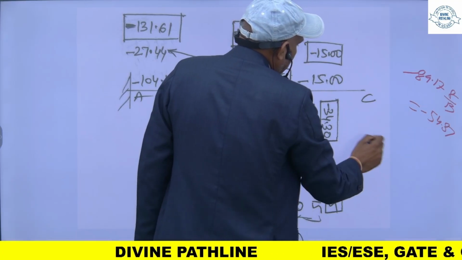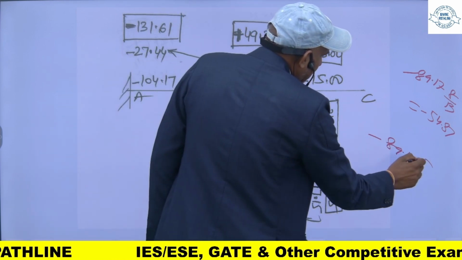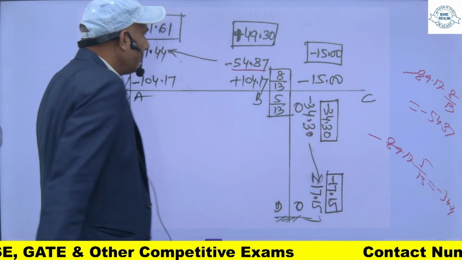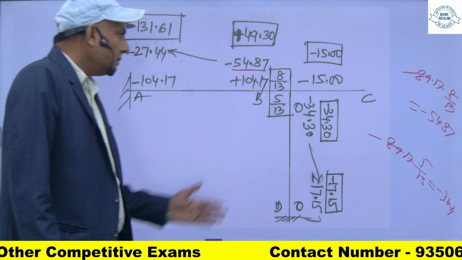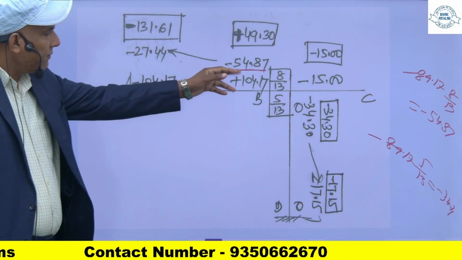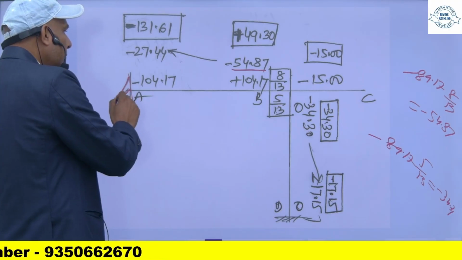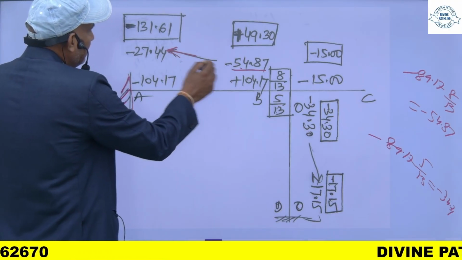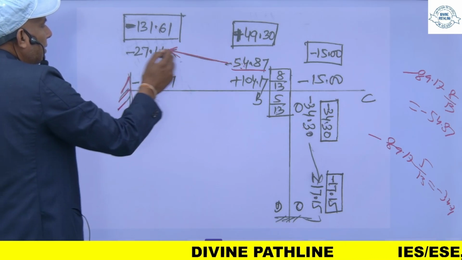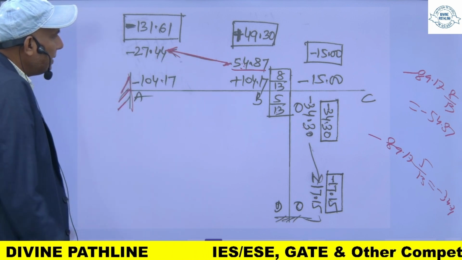और जब आप इसको 5/13 से मल्टीप्लाइड करेंगे तो यू विल गेट -34.30, और ये मेरा -15 रहेगा यहाँ पर। जब आपने इस मेंबर में -54.17 अप्लाई किया, क्योंकि ये एंड फिक्स्ड है, तो इसका हाफ जो है यहाँ पर कैरी ओवर हो जाएगा, कैरियर फैक्टर इसका हाफ, एंड दिस विल बी ऑफ द सेम साइन, सेम डायरेक्शंस, अगर ये नेगेटिव है ये नेगेटिव, सो -27.44